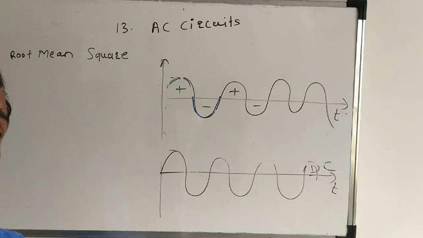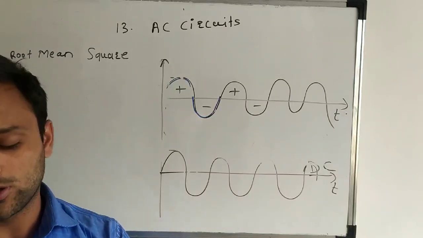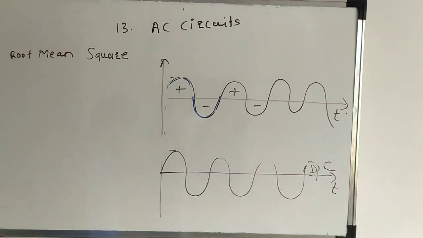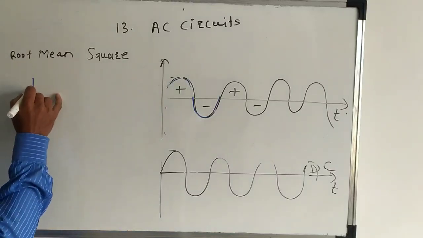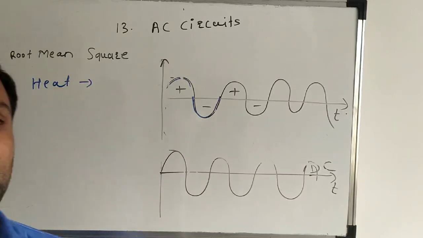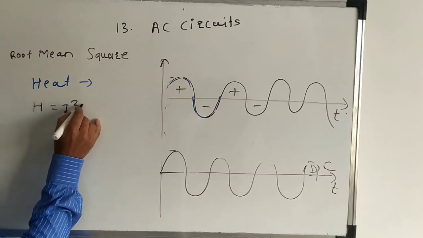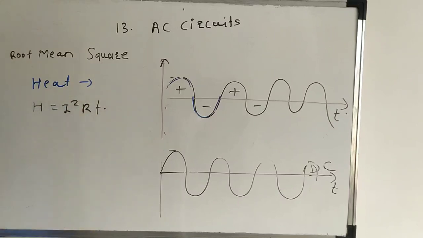So we need one quantity whose magnitude does not change with respect to time. That quantity, finally, they decided, is heat. Heat is the quantity whose magnitude does not change with the direction of the current. Then how? We have the formula for heat, H is equal to I square RT, where